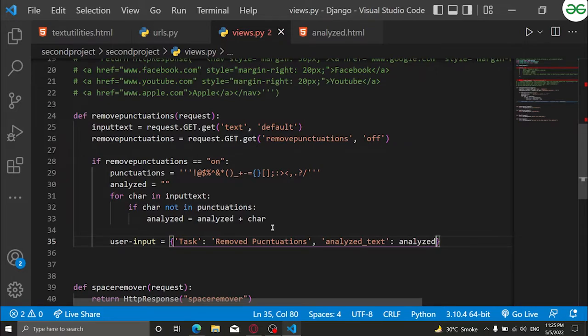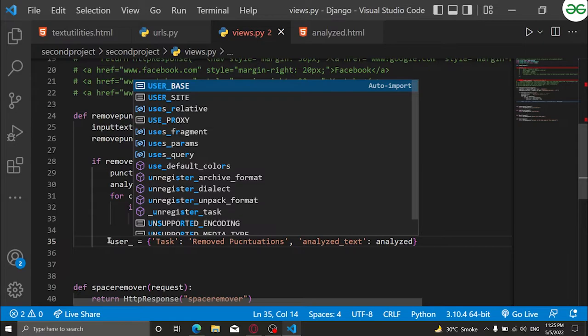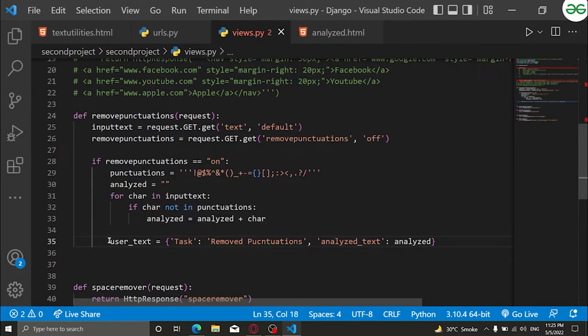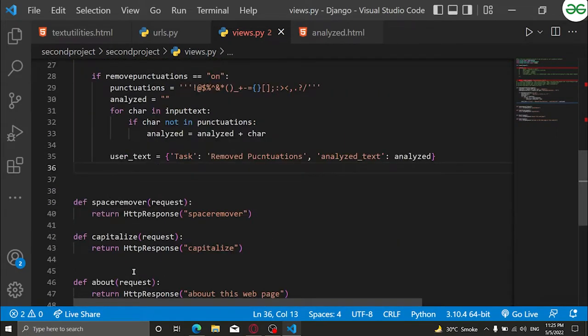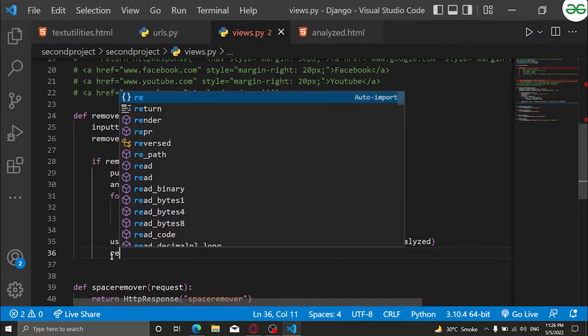Okay. See, this is the for loop. It's getting ended here, right? Or let me change it to user text. Okay. So why exactly is... so after this, what I will write here is I will return